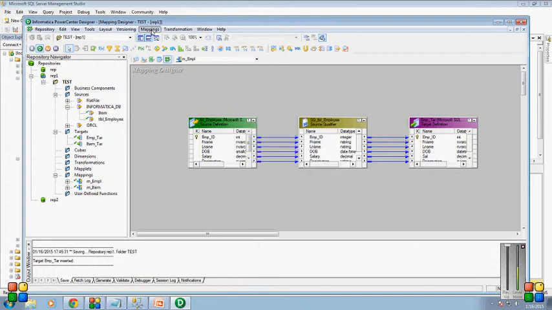Once it's arranged for this mapping, we can validate this mapping, and we can see here that parsing completed with no errors, mapping employee is valid. So once it's valid, we just save this mapping. Once it's saved, we need to run this map. We need to go to the workflow manager. Just click on this button.